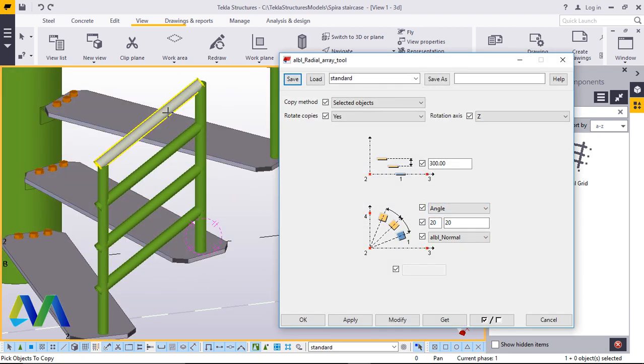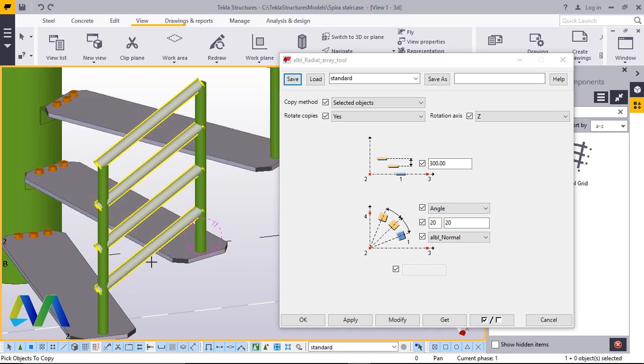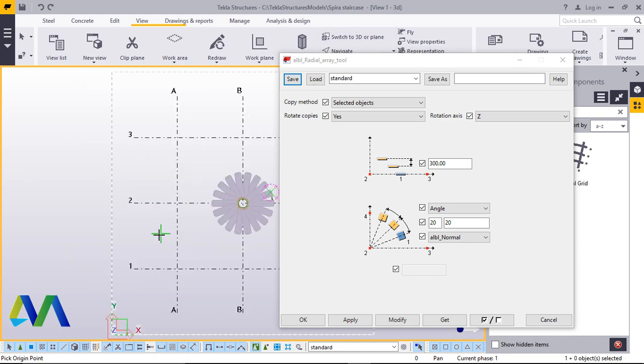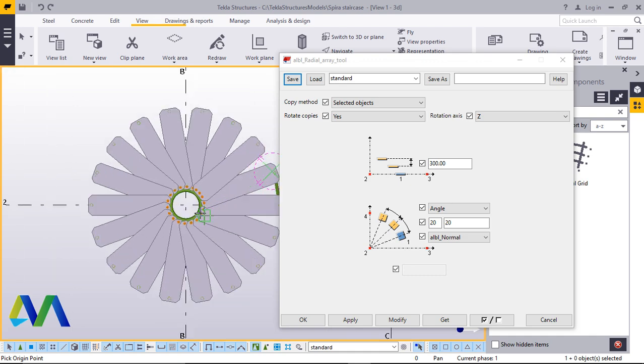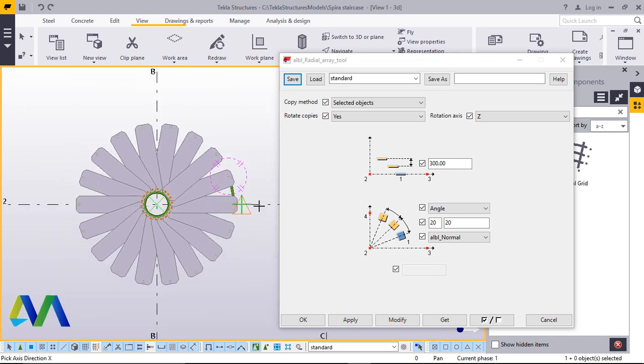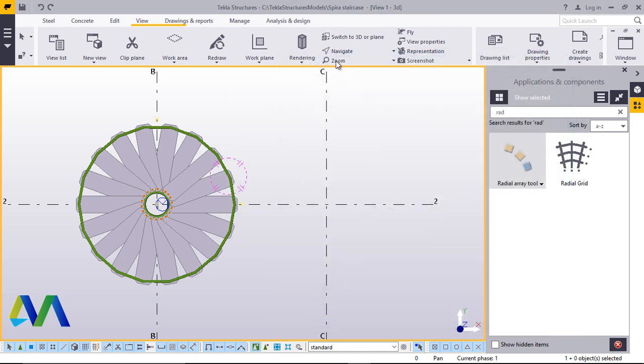From here I'll be able to select all these by pressing Ctrl button like this and press my middle button on the mouse and switch back to my plan view and locate my midpoint there, right there, and locate my x-axis and y-axis there. Apply and accept,